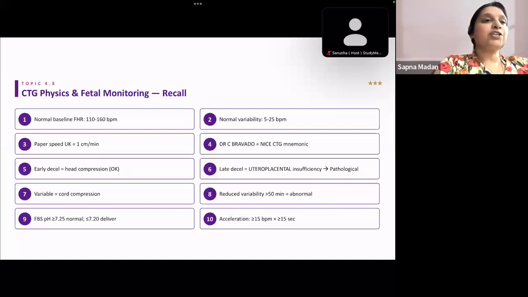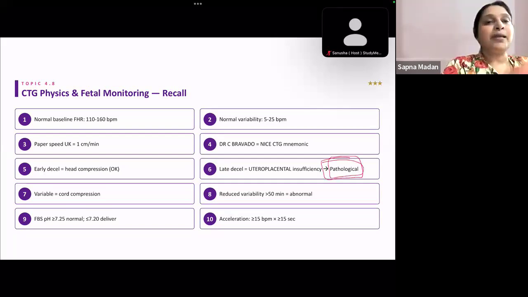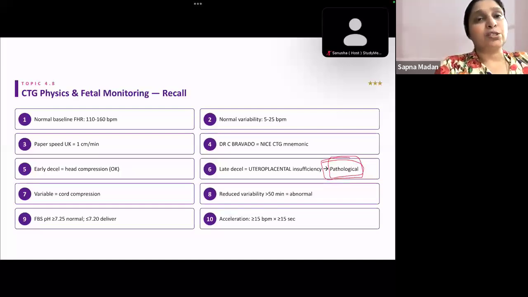Early deceleration is a sign of head compression. Late deceleration is a sign of uteroplacental insufficiency. It is a pathological feature. It has any duration, any number of late decelerations. If a late deceleration is present, it is pathological. Variable is a sign of cord compression. The concerning features are loss of shouldering, or if the deceleration is taking more than 60 seconds, or more than a minute, to come back to its normal